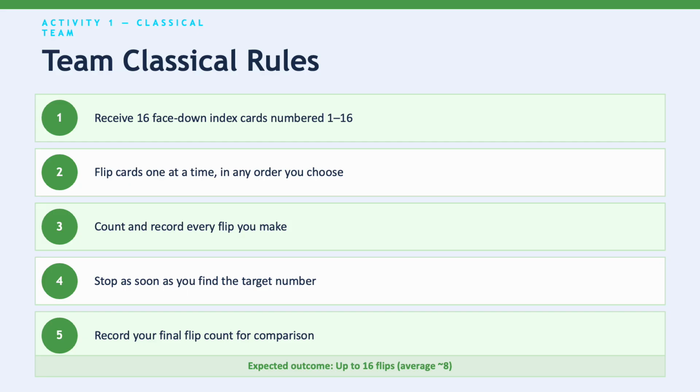Okay, Team Classical rules. Your job is straightforward. You will receive 16 face down index cards, each with a different number from 1 to 16 written on it. One specific number has been chosen as a target. Your job is to find it by flipping cards one at a time. Every time you flip a card and it is not the target, count that as one step and move on